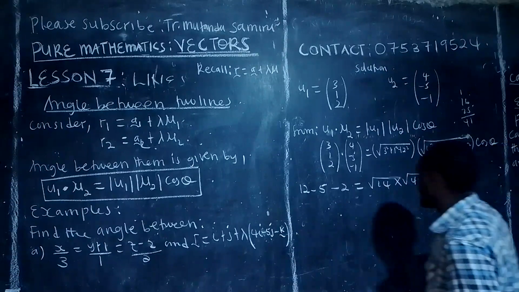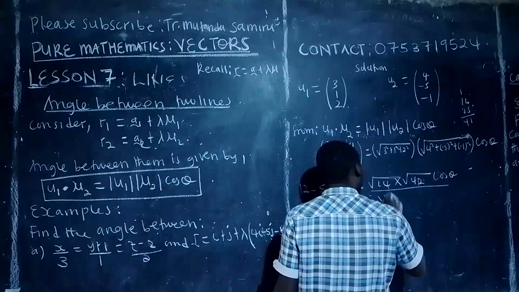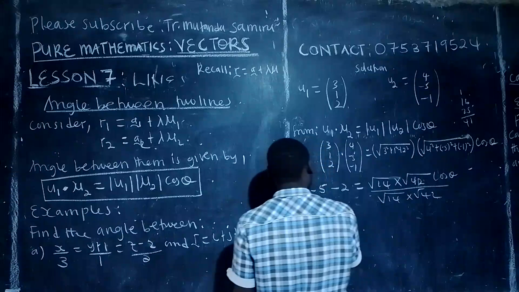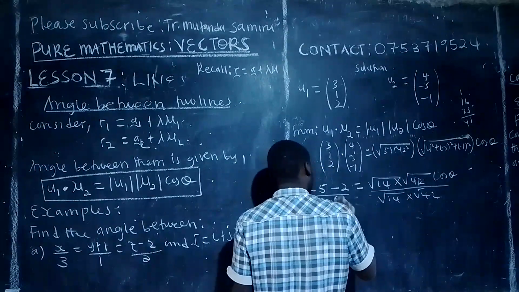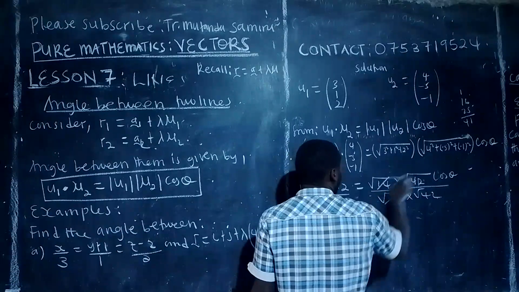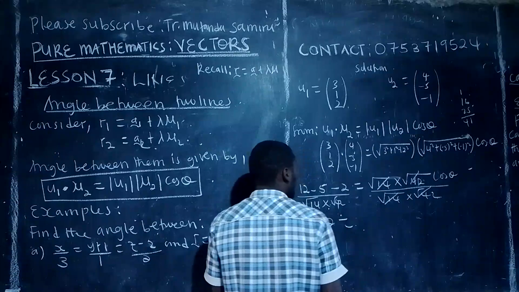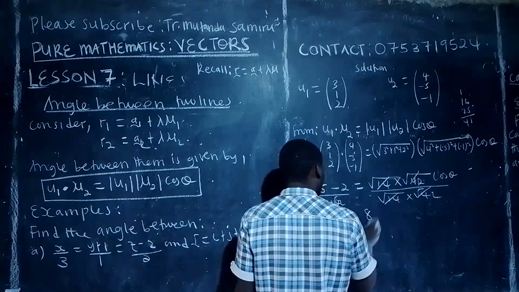Dividing by the square root of 14 times the square root of 42, this goes out with that. Then you remain with cos of theta equal to 12 minus 5 minus 2, that will give us 5